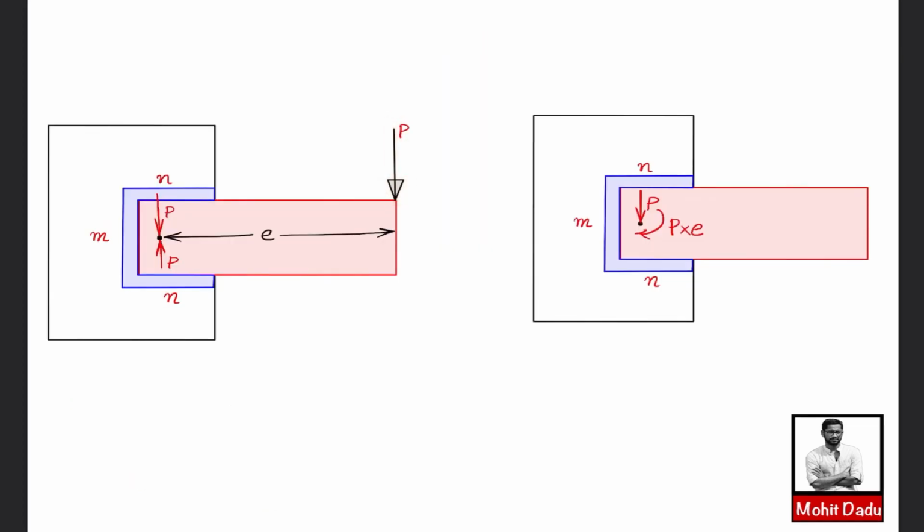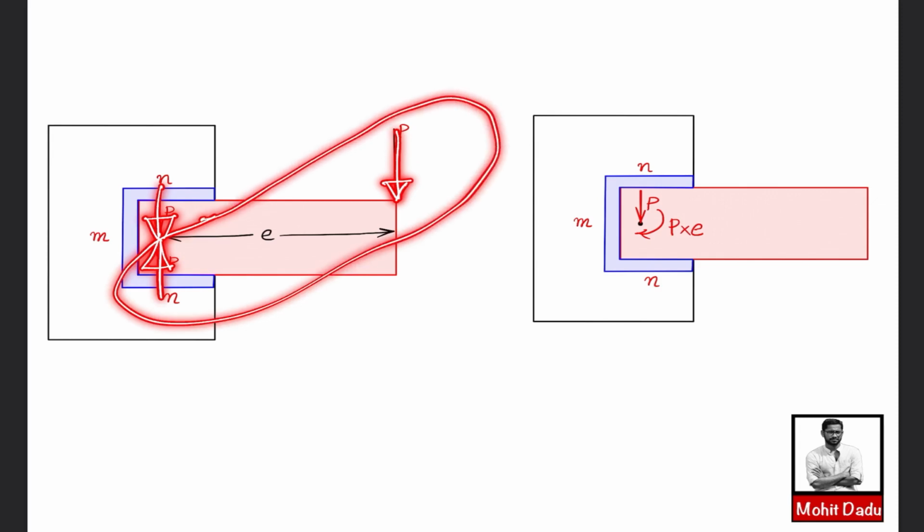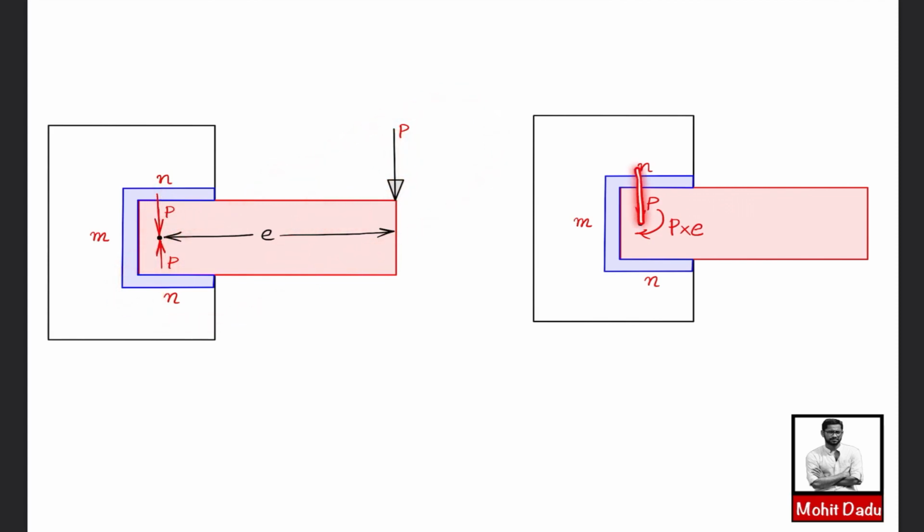Now the load is not passing through the CG and it is at some distance. So now you can measure this distance between the CG and this point where the load is acting, and this distance will be called as E, which is known as eccentricity. Now you will be transferring the load acting at this point to this CG. For that you can consider equal and opposite forces. Out of these forces, this pair of forces will be creating a couple in the clockwise sense, and its magnitude will be P into E. So finally you will be having a force acting through the CG whose magnitude is P, and a couple of magnitude P into E.